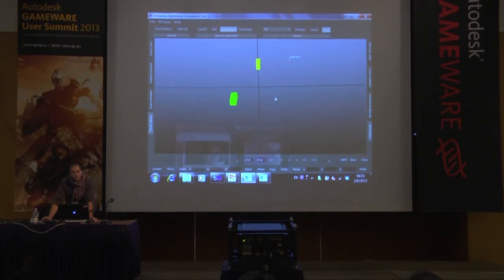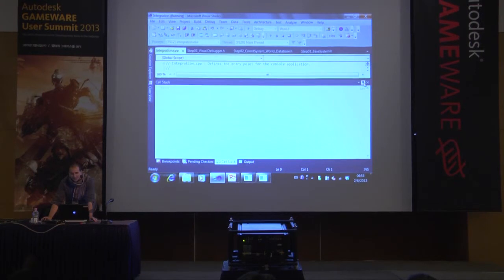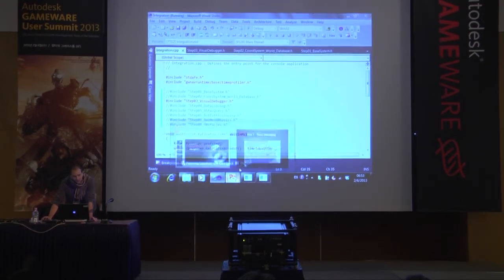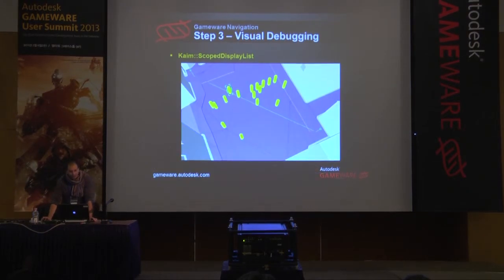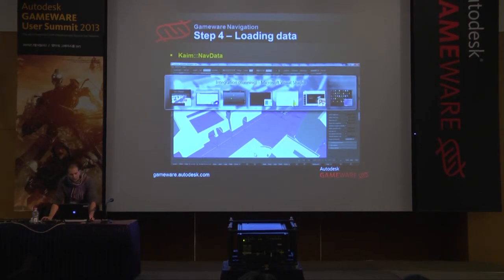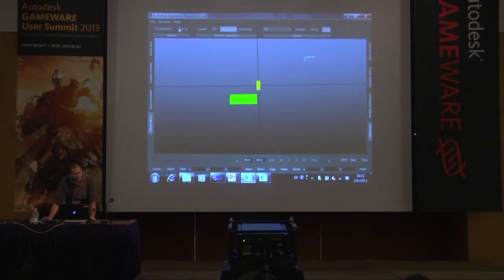So I'm not very good at animation, so I just did some basic animations. So next step, once you have the Visual Debugger running, is actually loading data. This is what you want. You want some Nav Mesh, and you want to load that inside your game. So the first thing to do when you do that